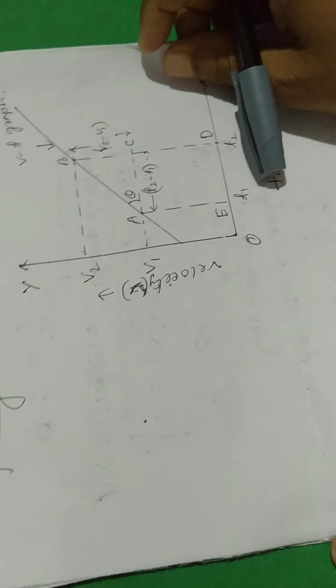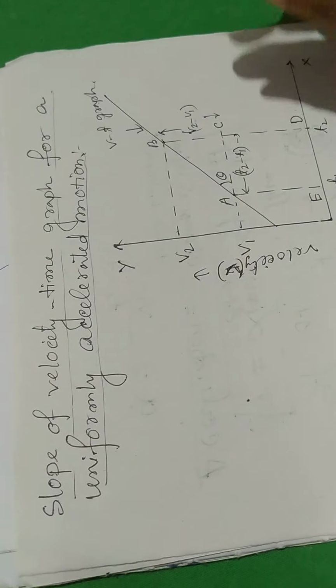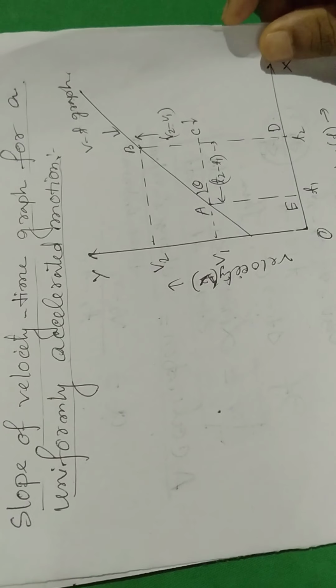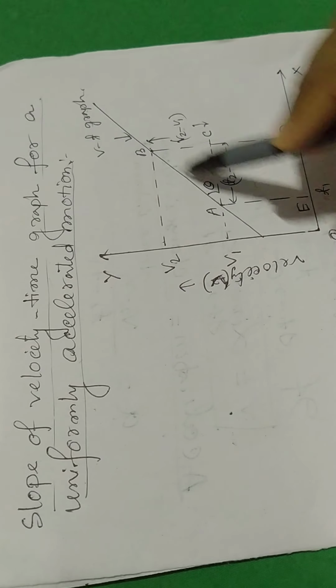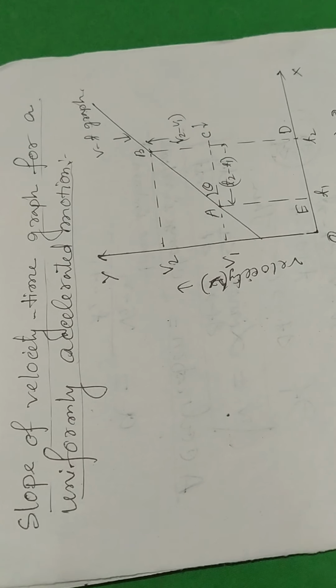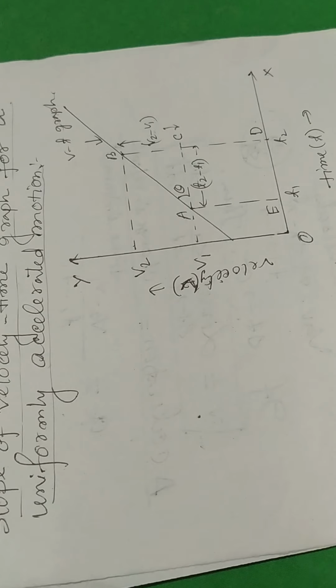Now similarly we will calculate the slope of the velocity-time graph for uniformly accelerated motion. One thing you should keep in mind: we get a slope if the velocity is increasing. In case of increasing we get a slope. If nothing is increasing, it is parallel, so there is no slope. Or you can think: there will be a slope if the road goes upwards or downwards. When you travel a horizontal distance, there is no slope.